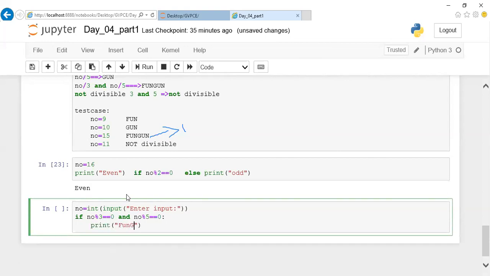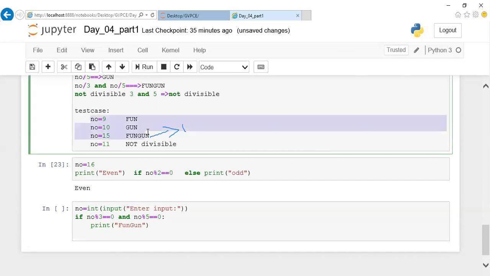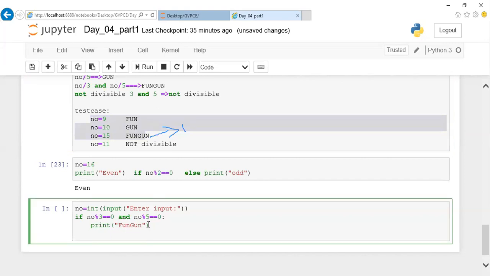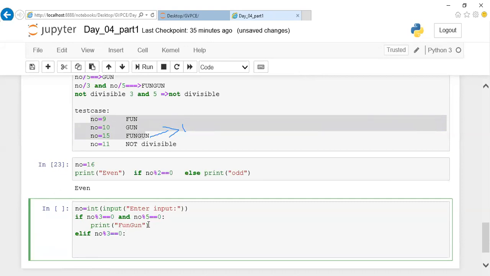Or even if you want, you can check for not divisible first. It's up to you. But when you nest it, the first thing should be the divisible by 3 and 5 condition. Only then should you go ahead with the further ones. If this condition is not true, then you check divisible by 3 or 5. I'm going to check divisible by 3 here. Then I'll print fun as my output.